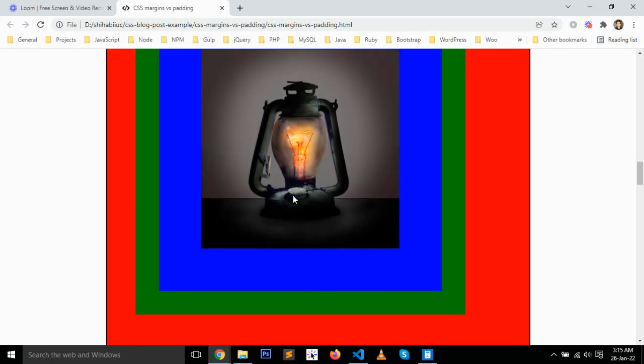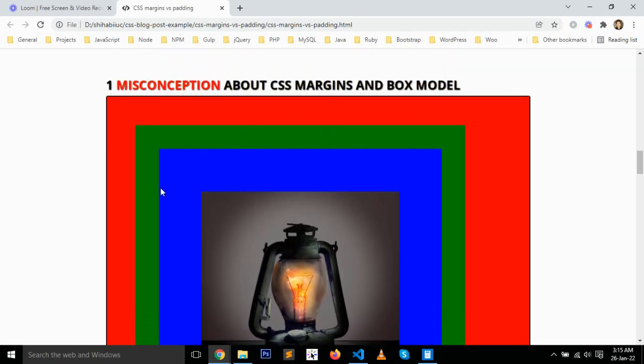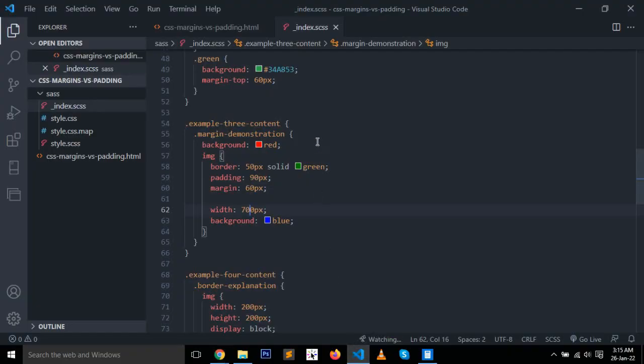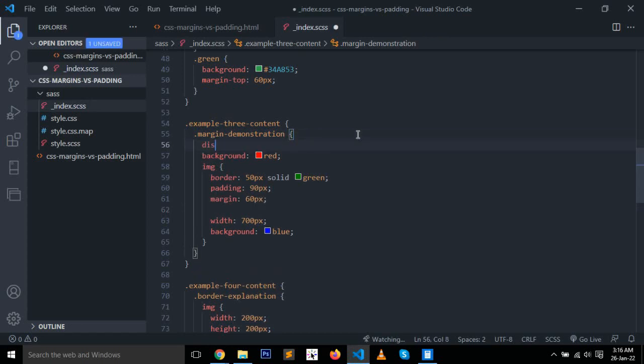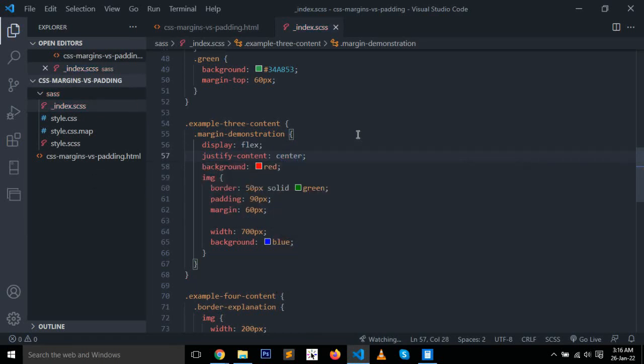This is just aligning on the left side, but the image receives its margins, border, padding without any problem. But if you want to make it center, just flex the container, okay, flex, and justify content center. So it should